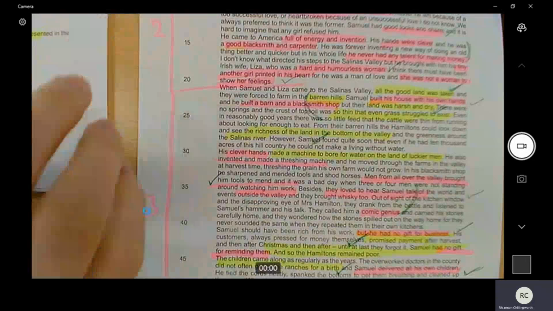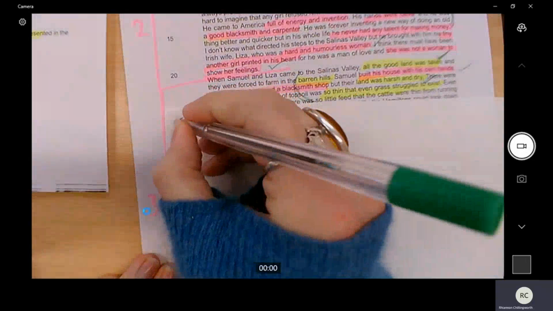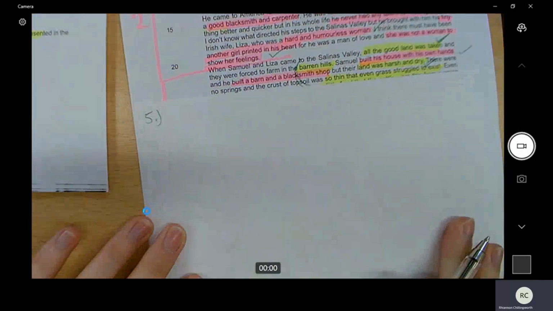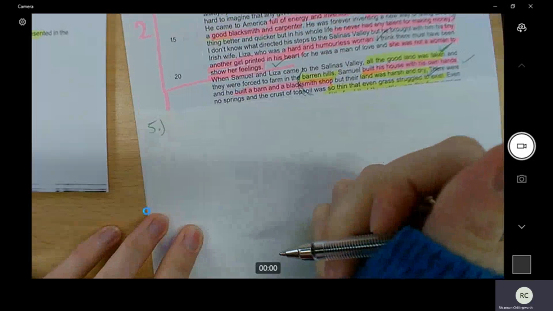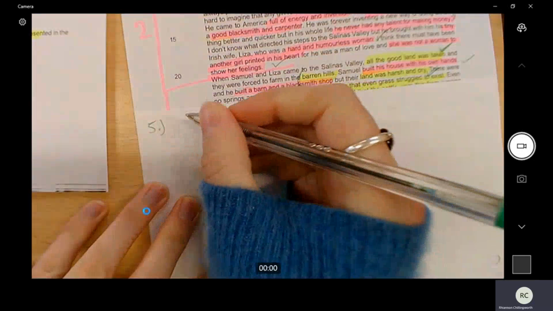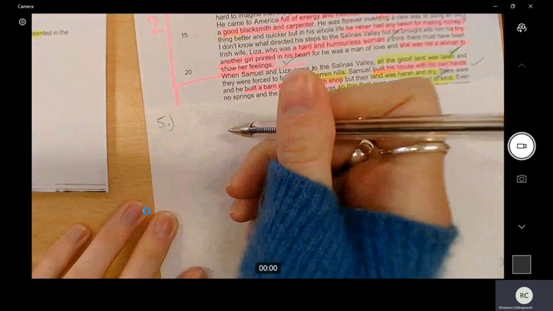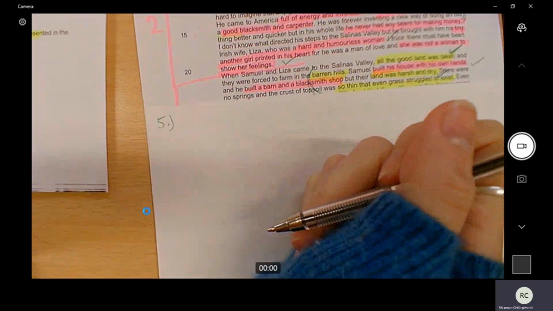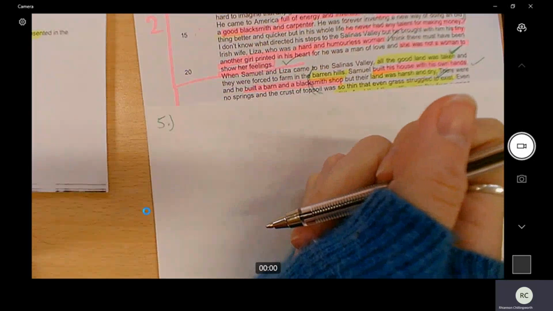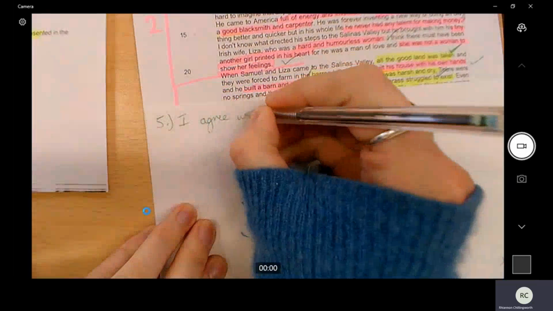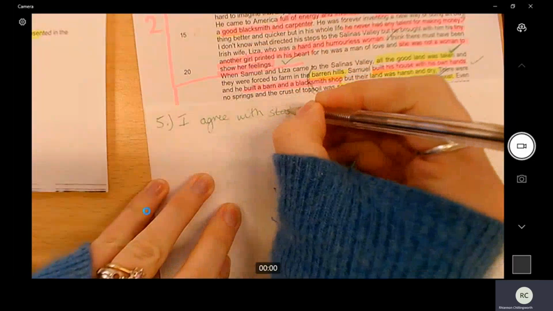So once you have decided that, and remember, you have to decide that a little bit quicker, I would then write it. Now, I would always say for question 5, it is good to start with a brief overview, simply stating whether you agree or disagree with the statement. Normally, the right answer, or the answer that is the most obvious, is the fact that you agree with the statement generally. So I'm going to say something like, I agree with the statement